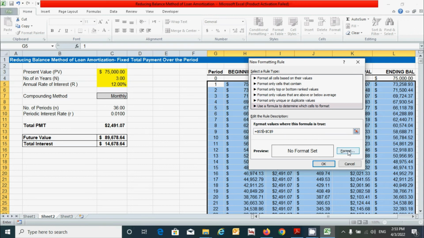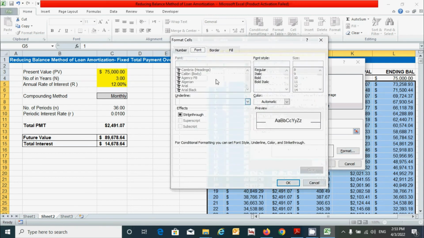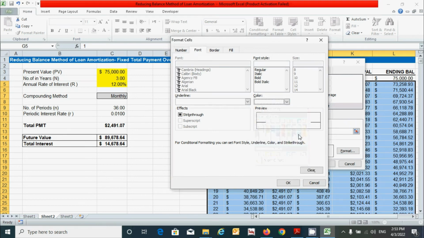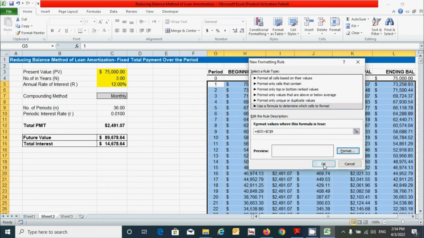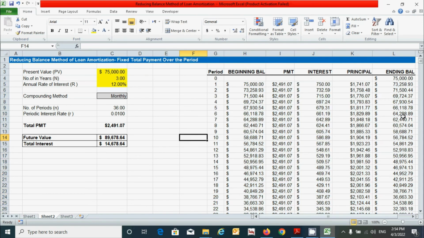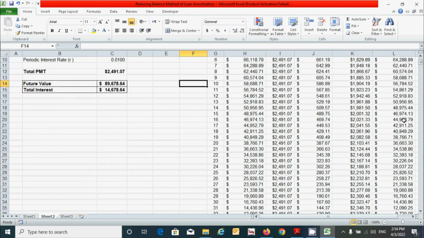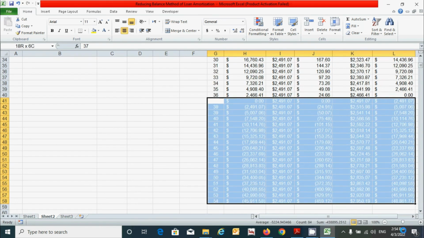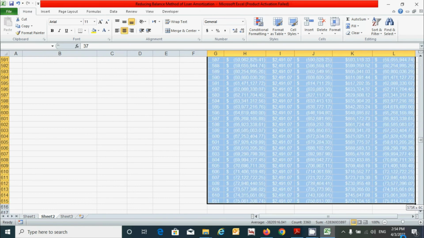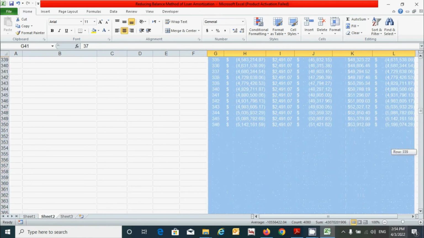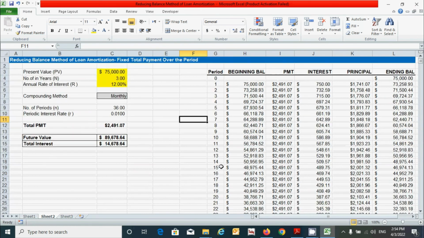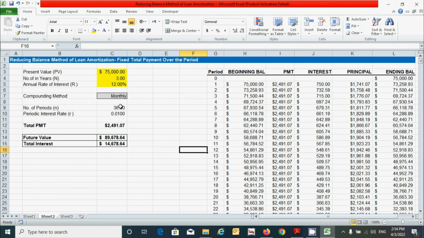Yes, so let's click on this format button, choose the font tab, click on this arrow to choose the color and select white, and click on OK, and again click on OK. Now click here, and you can scroll down and see the effect. You can see all the unnecessary data, that is this one, has been successfully hidden. Only the data up to 36 period, that is this one, is showing.